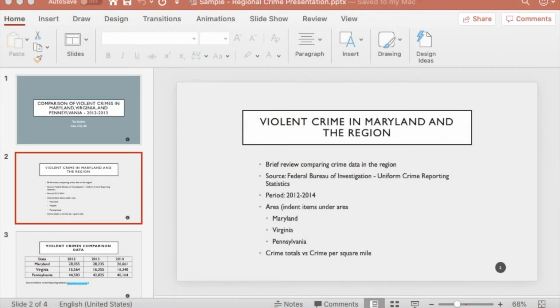Welcome to today's lab. We will be using two different technologies to complete this lab. The first one is going to be the Microsoft Excel work file that we used on a previous lab, where we compared the number of crimes that occurred in three different states during three different years. We will take that work file, modify it, and create a new Excel file, and then we will use tables